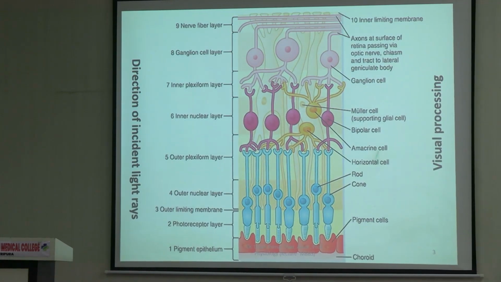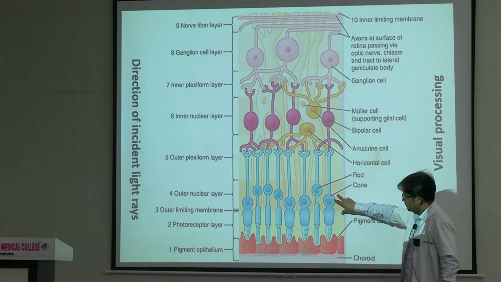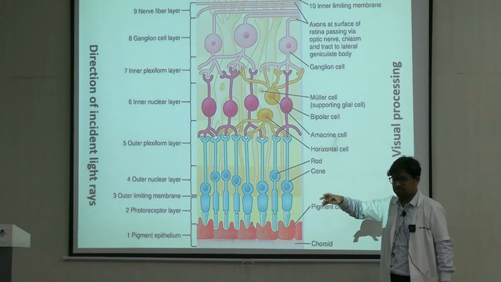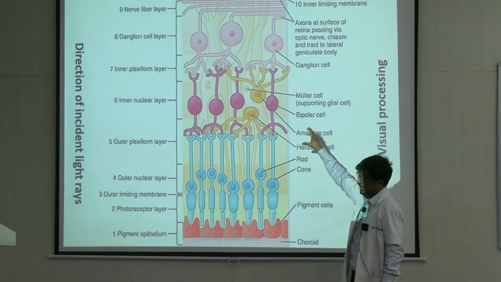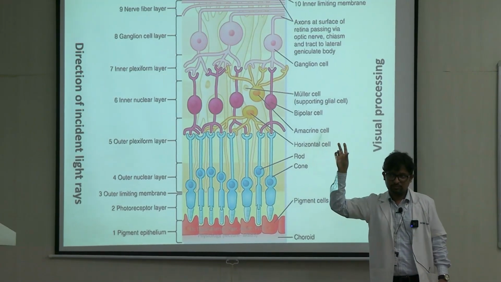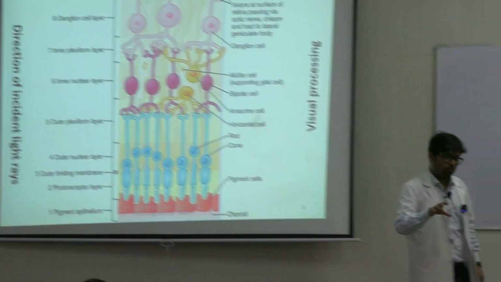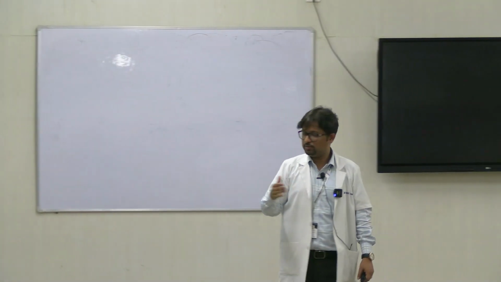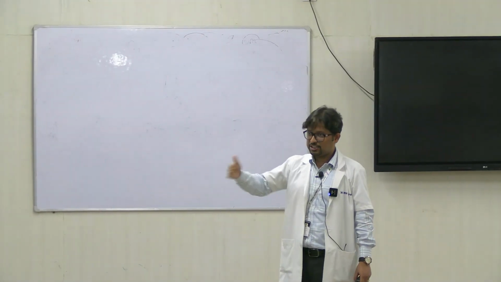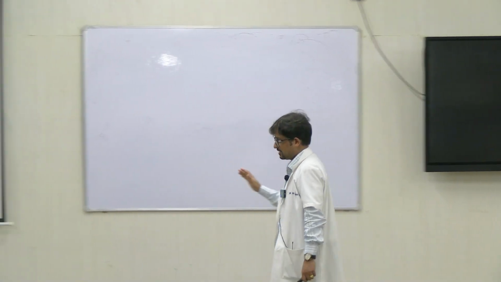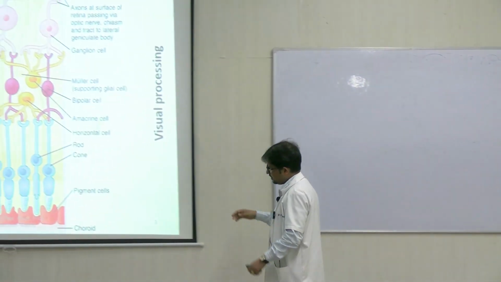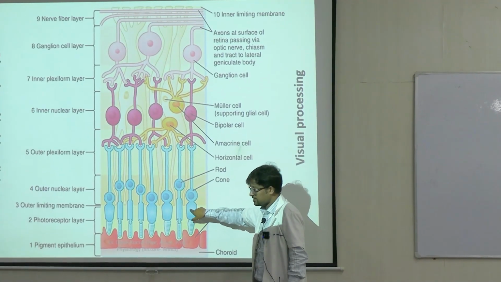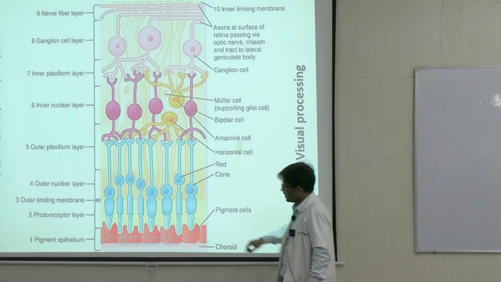How many cells do you see in series? Photoreceptor, one cell is photoreceptor. Basic connections are actually this: photoreceptor, bipolar cell, ganglion cell. So for different parts of these, the different names have been given. But actually, you will find that there is a connection in series between these three cells. So this is the part where this is the receptor. So signal transduction starts here, right?